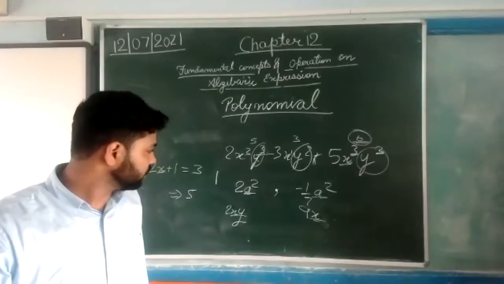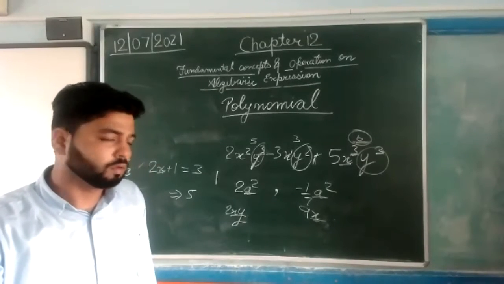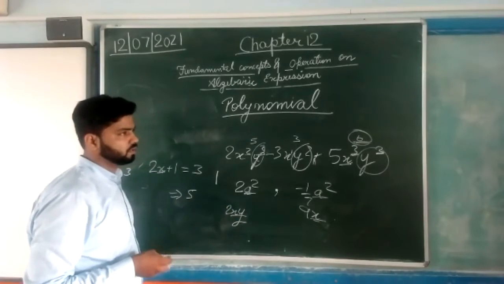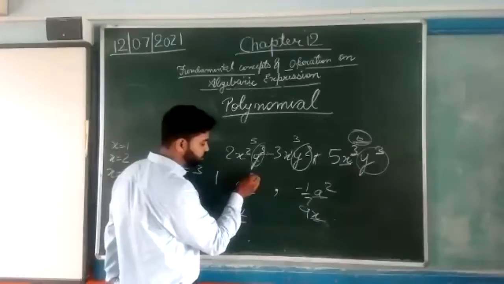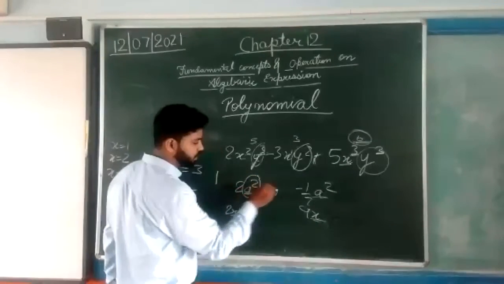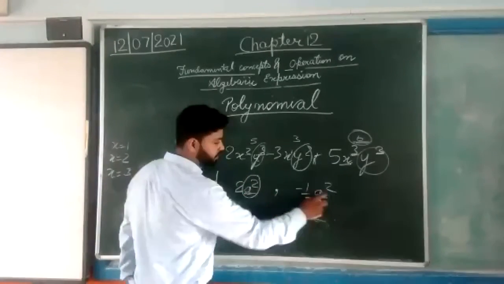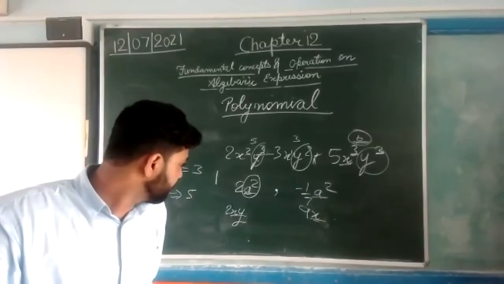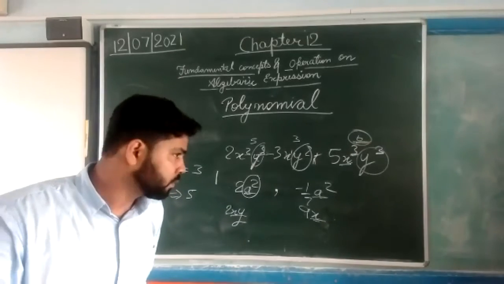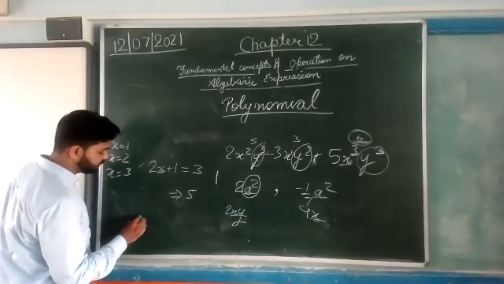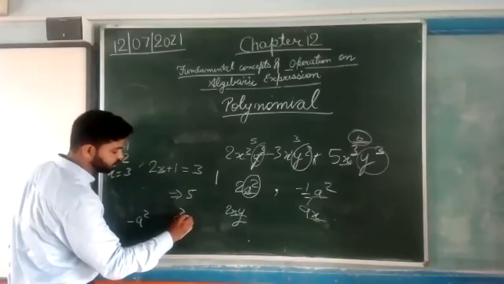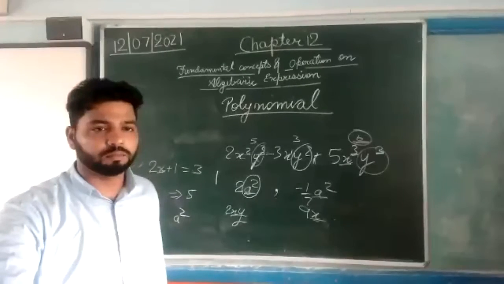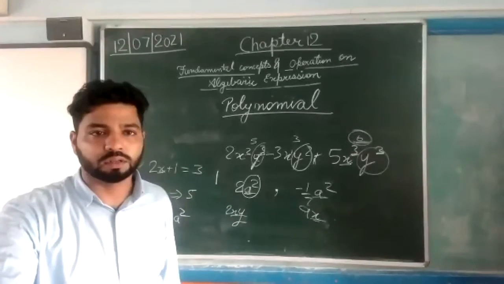Sir, then if the first term is positive and the second term is negative, then will it be like terms? Then it will be a like term. You have to only consider this thing, not the positive or negative. Only look at this thing. Okay. And sir, if it is minus a square and plus a square, then it will also be a like term. Minus plus does not affect the like term. Okay, sir. Okay. Yes, Ardika.